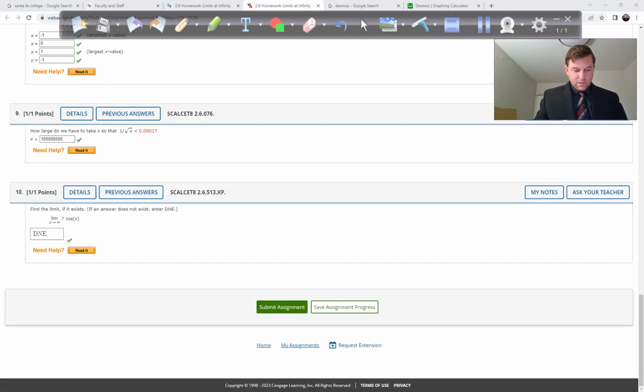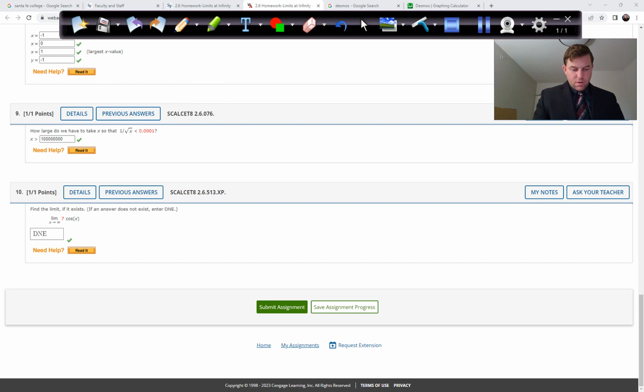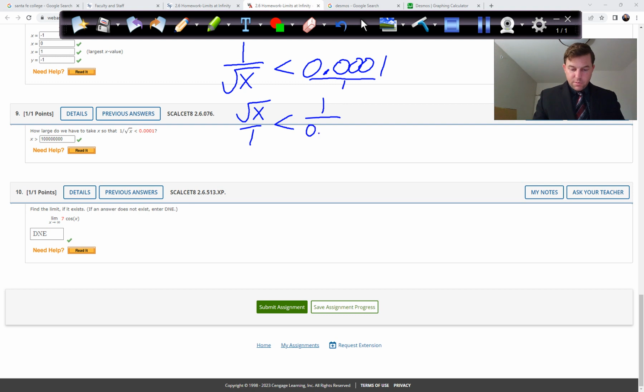Okay, problem 9. How large do we have to take x so that 1 over root x is smaller than 0.0001? Okay, so we have 1 over square root x must be smaller than 0.0001. Okay, so first we're going to take the reciprocal of both sides. So we're going to flip this side, and we're going to flip this side, which means this is right now on top of 1. Now we're going to put it below 1. And then we'll get square root of x